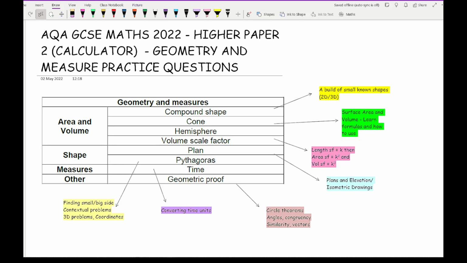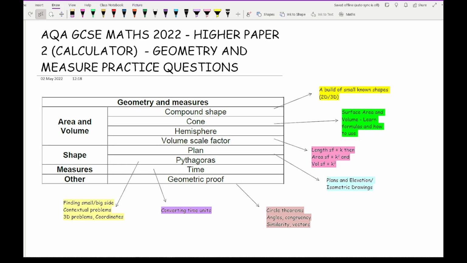Now, when it comes to cones and hemispheres, this is more than looking at 3D models, in which then you're either going to be looking at the surface area or the volume of a cone and hemisphere. And that could also be linked with compound shapes as well, because obviously you can link a cone to a